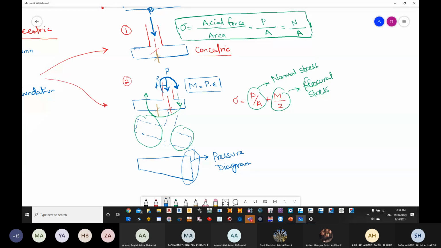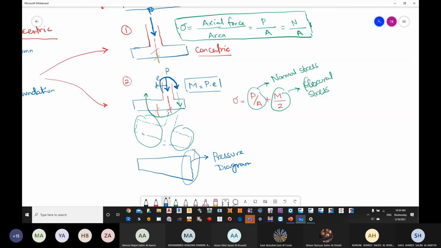So once again, we have concentric and we have eccentric. Concentric means that the loading of the column is located at the same center of the foundation, which will eliminate any additional moment. We will not have any moment because it's at the center. So my element should be designed only to resist that particular loading. Now, in case of the